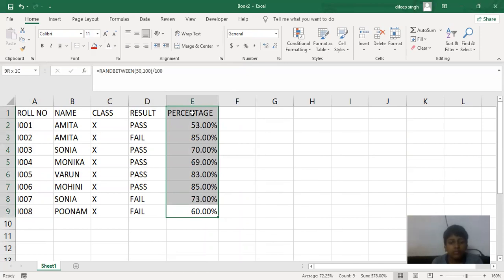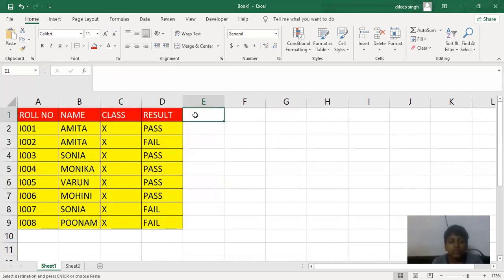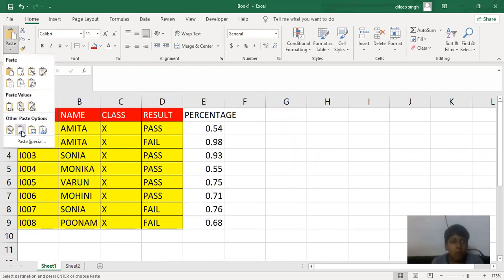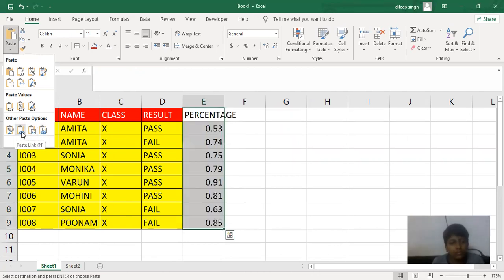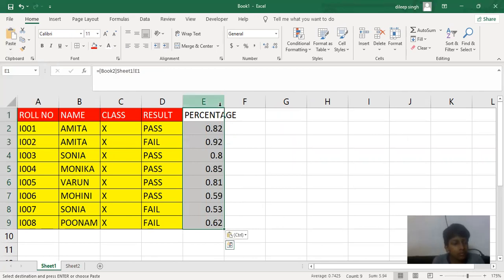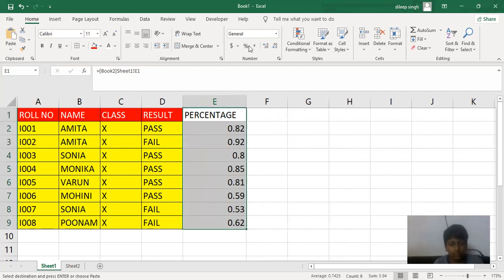And similarly, if we do the same process, just copy it by using Ctrl plus C and go to the previous sheet, and here use the paste link option. So here, just click on this, and here is the link picture. So we click on paste link, we'll get the content like this, and here we use the percentage symbol and increase the decimal places.